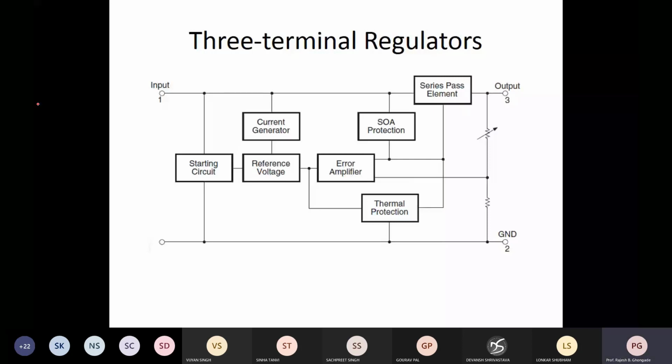Again, as you can see, our now familiar series pass element. Then you have a reference voltage, which is nothing but the Zener thing. Then you have something called a protection circuit for SOA, safe operating area, for the series pass element, thermal protection again for the series pass element, and the error amplifier. So all these blocks are mostly known to us. No need of going into the details of these things. Why do you have a current generator? Because you want to make it independent of the temperature variations, and with the help of a constant current source, you can make a very good